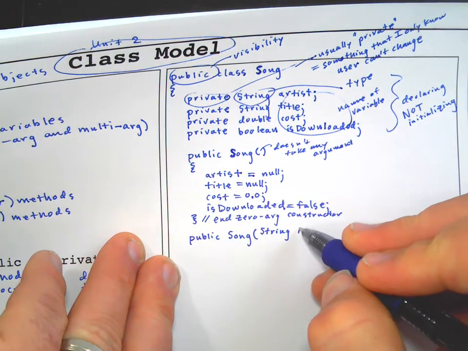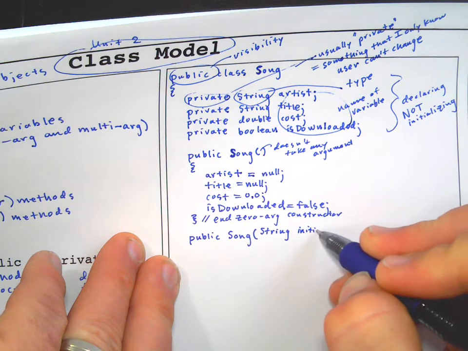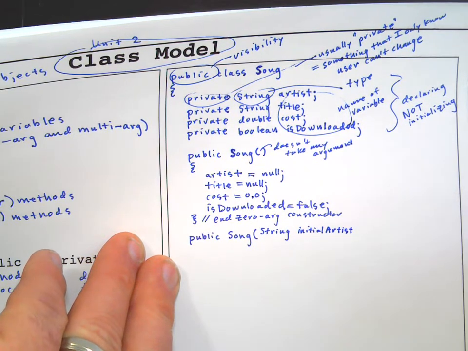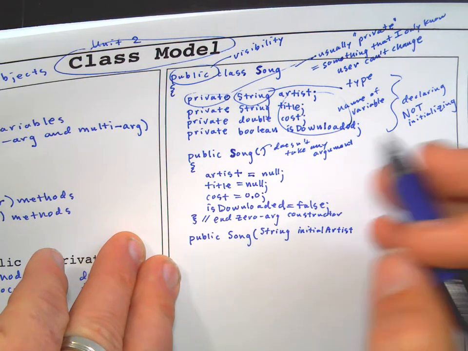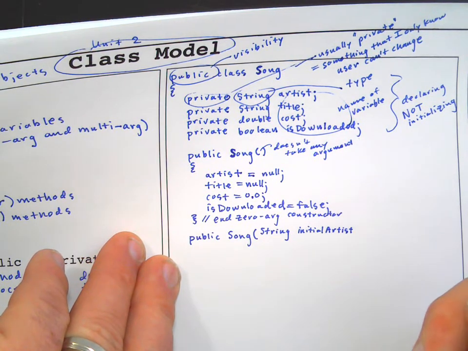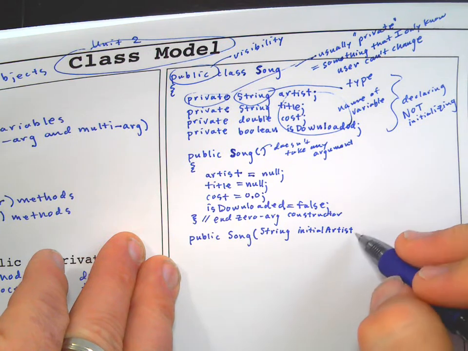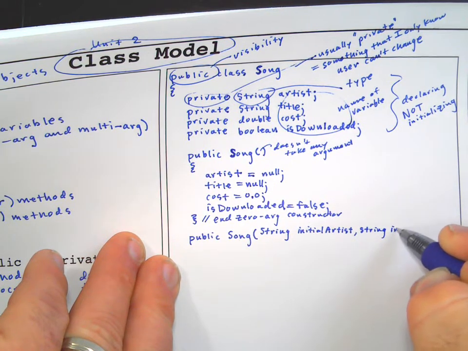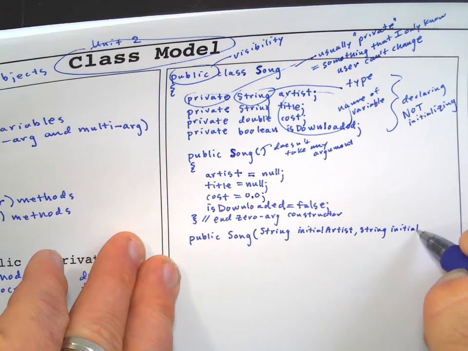So I'm going to call it initialArtist, and I use camel notation because this is the very first value it has. You only use a constructor at the very beginning when you create a class. We could change these values later on. String initialTitle,